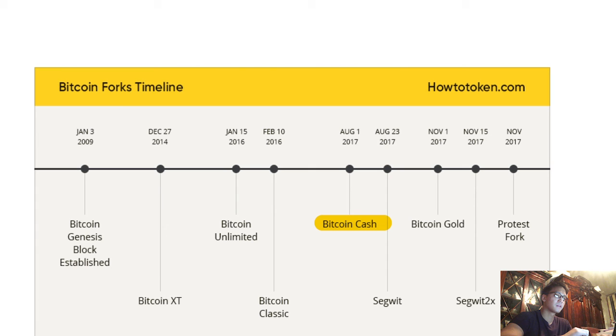Now, hopefully that was a good overview on what forks are and how they have played a role in the Bitcoin ecosystem. As improvements to Bitcoin continue to develop, soft and hard forks will play a vital role in aligning the decentralized philosophy that Bitcoin holds. In our blog, we will cover in more detail the implications for each of the forks, and for upcoming forks, we will make sure to create content to keep you guys informed.